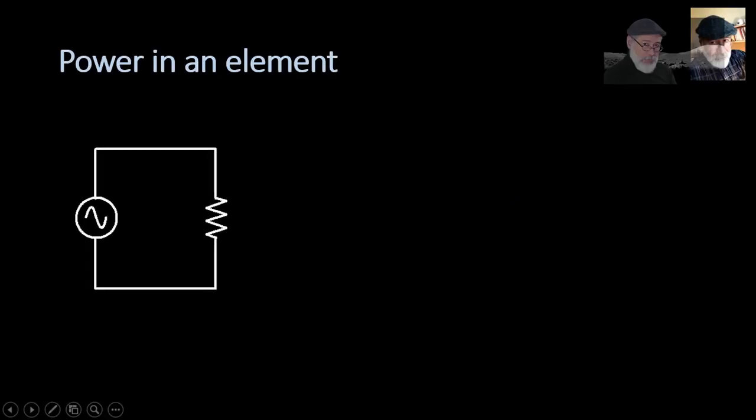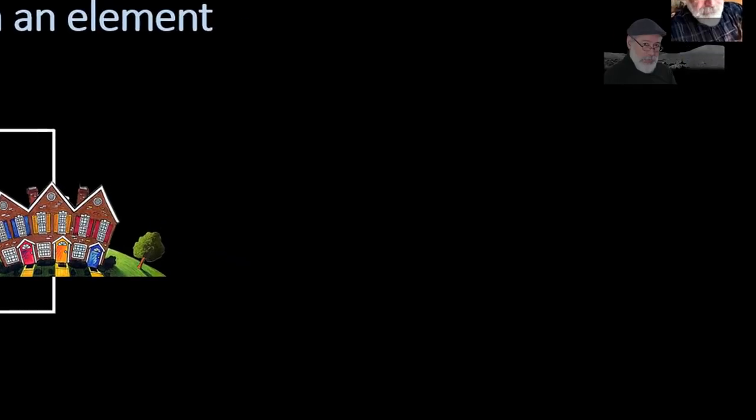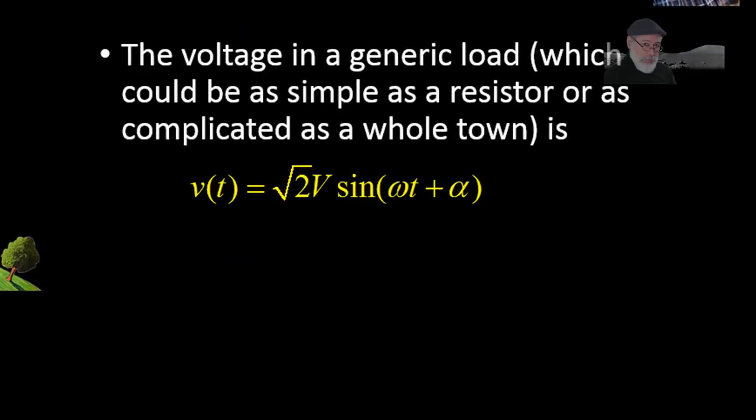This is the draft of a conversation about power in AC steady state. Consider this situation. We have a source that is feeding a load. The load could be as simple as a resistor or as complicated as a whole town. The important thing is that the voltage in that load is a sinusoidal function of time with a peak value